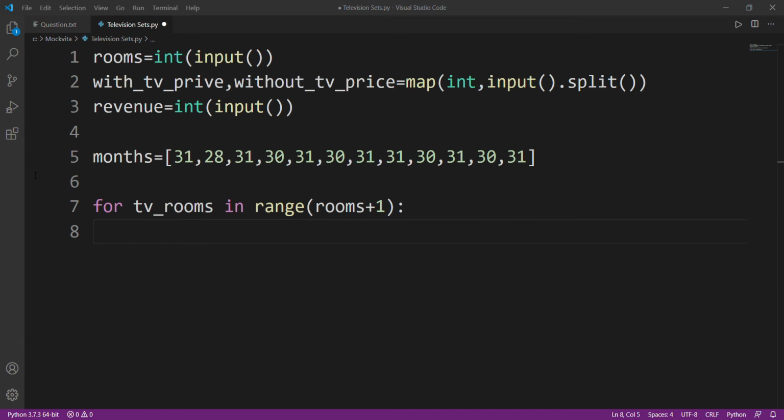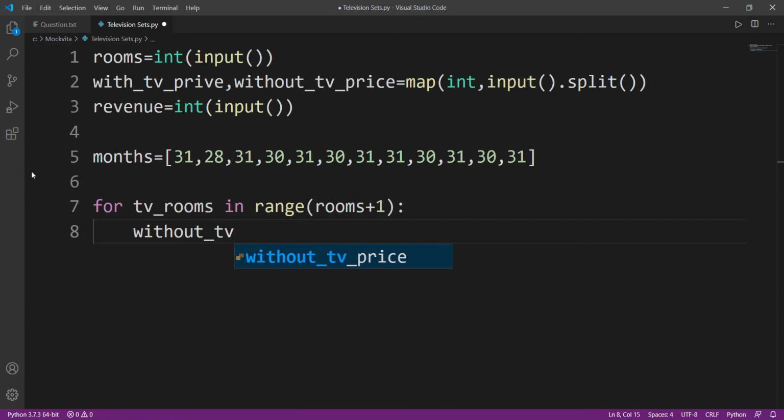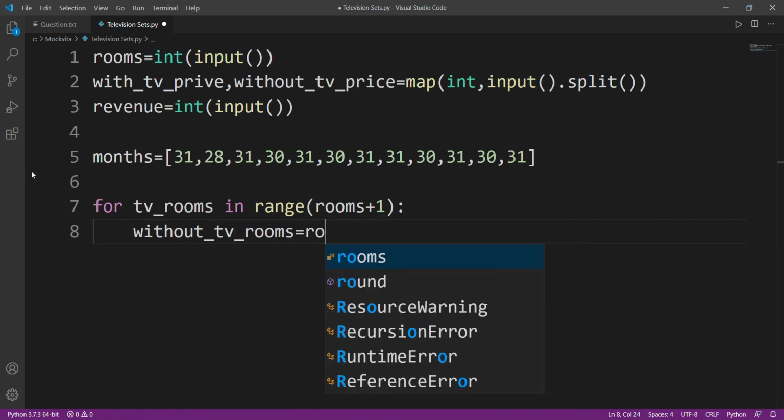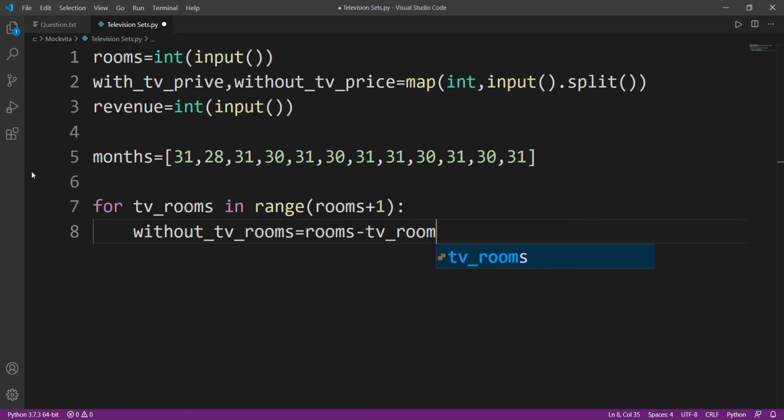All right. And I can go till the total number of rooms I have. Firstly, I'll calculate my without TV rooms, which will be equal to rooms minus TV rooms. I hope you know that, since suppose I have 15 total rooms and I have 5 TV rooms, so my without TV rooms will be 15 minus 5, 10. I believe that's pretty obvious.